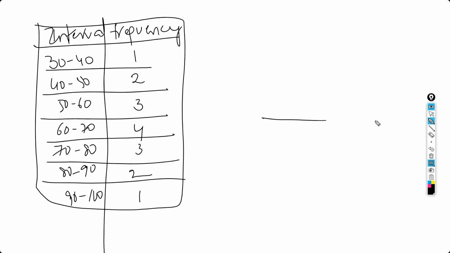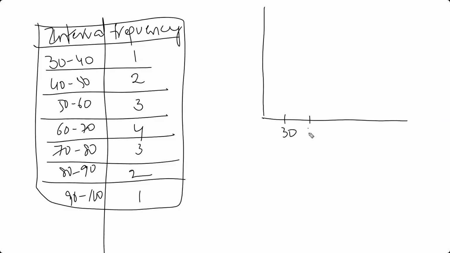Now, let's represent this on the x-axis. As I have told you, on the x-axis, what should be there? X-axis has distribution. Y-axis has frequency, meaning frequency distribution. Probability means probability distribution. Now, I am going to draw the frequency distribution. So, on the x-axis, I want the distribution. What is distribution? 30. After that, what is the next number I have to write? 30 to 40, so 40. Again, 40 to 50. Already 40 is there, no need to write again. So, 50.